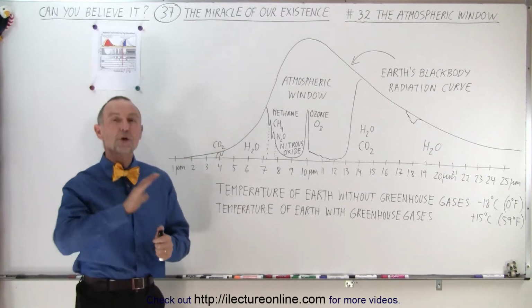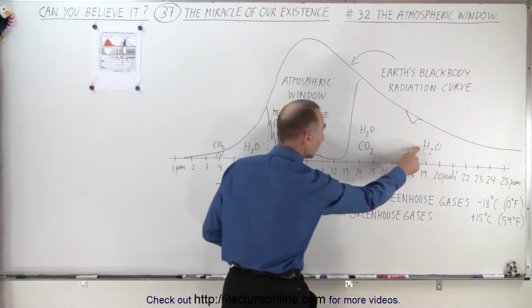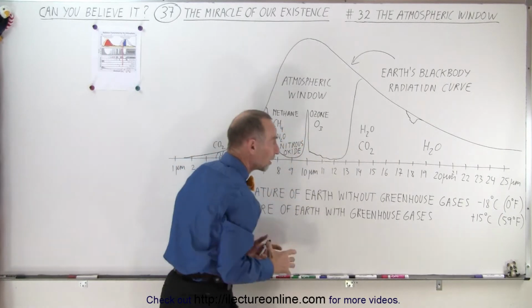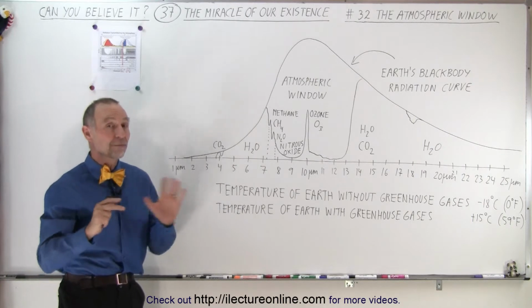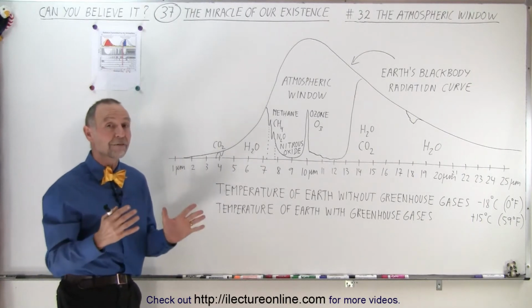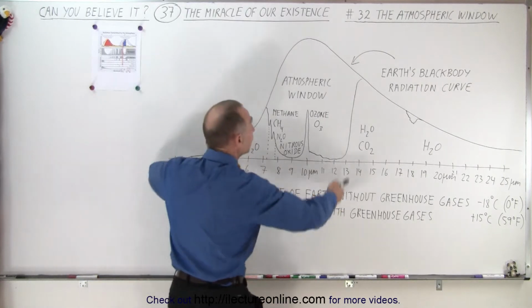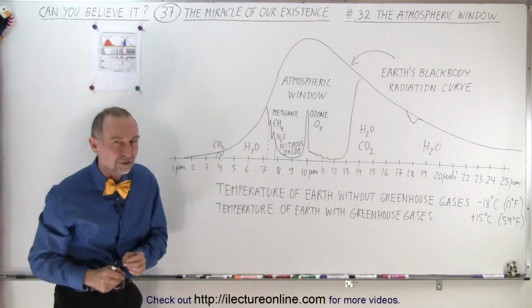Let's assume there were no greenhouse gases. And by the way, which are the greenhouse gases? Well, we have water vapor, carbon dioxide, ozone, methane, and nitrous oxide as the 5 leading greenhouse gases. By far the most important of those 5 is water vapor, which prevents a lot of the radiation that normally would get back into space. Well, it prevents it from doing so, and that's exactly what greenhouse gases do.